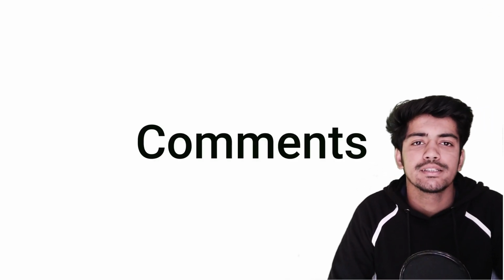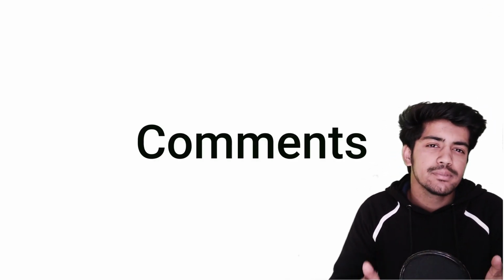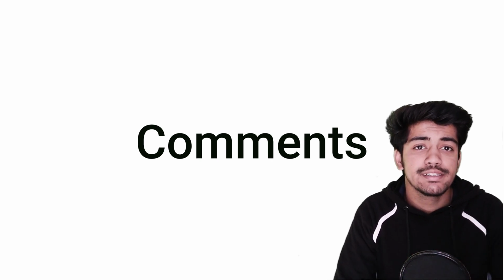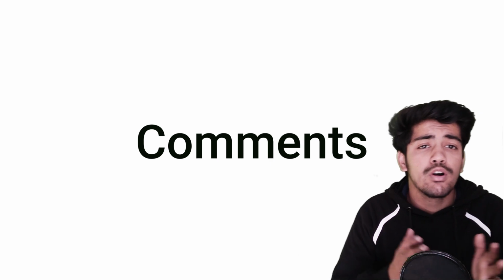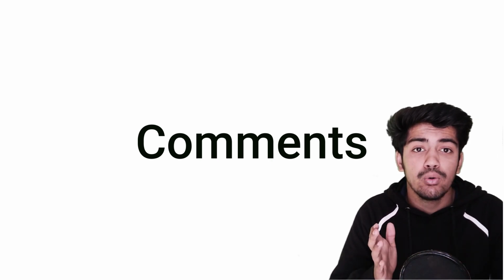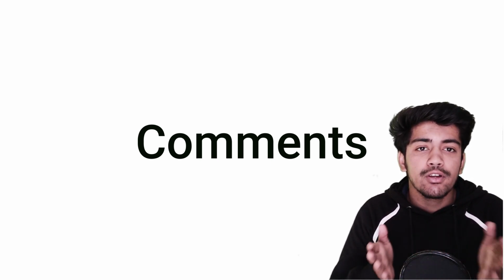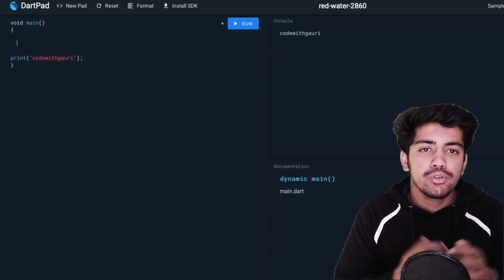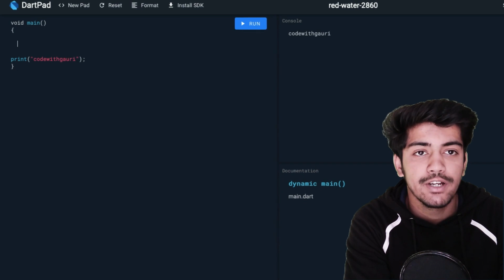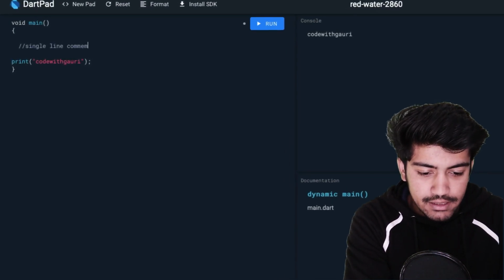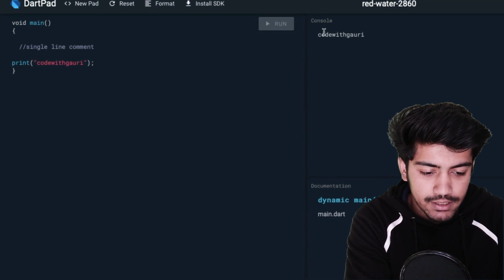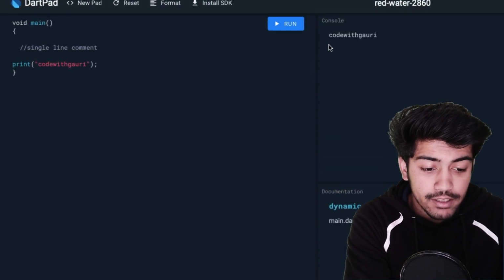So now let's discuss what comments are. Sometimes you just want to give out some hints, or just want to talk about something, when you don't want the compiler or the program to read your code. That is something we call a comment. We have two types of comments. Let me show you the basic one. First we are talking about single line comments. Type double slash, and if we put something after this, it is going to be ignored by the compiler.